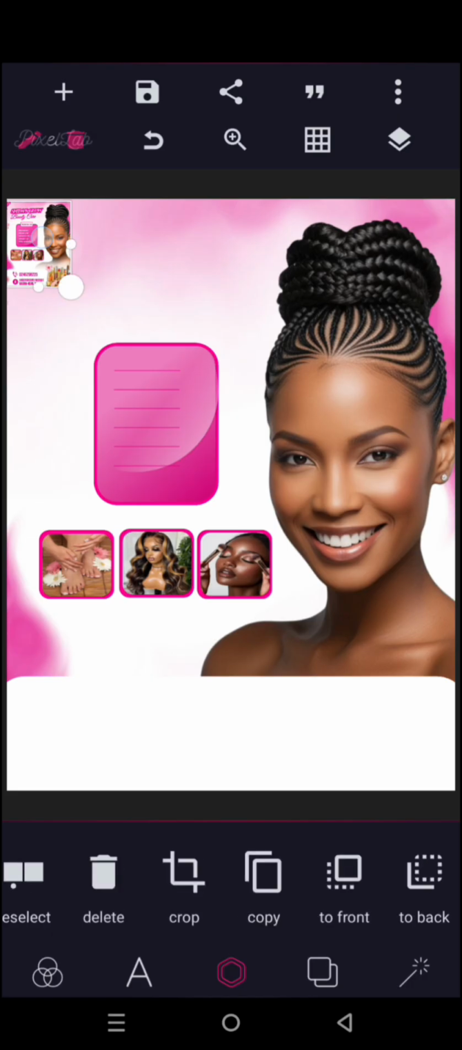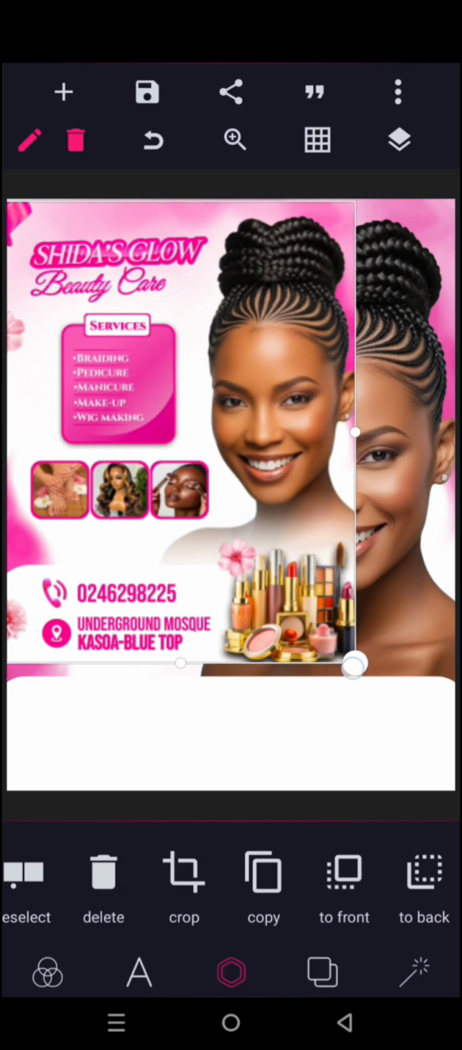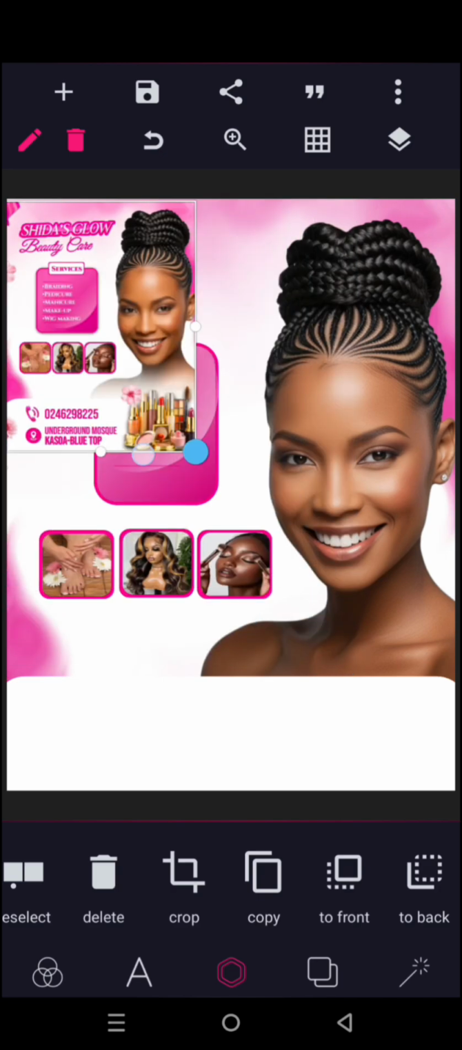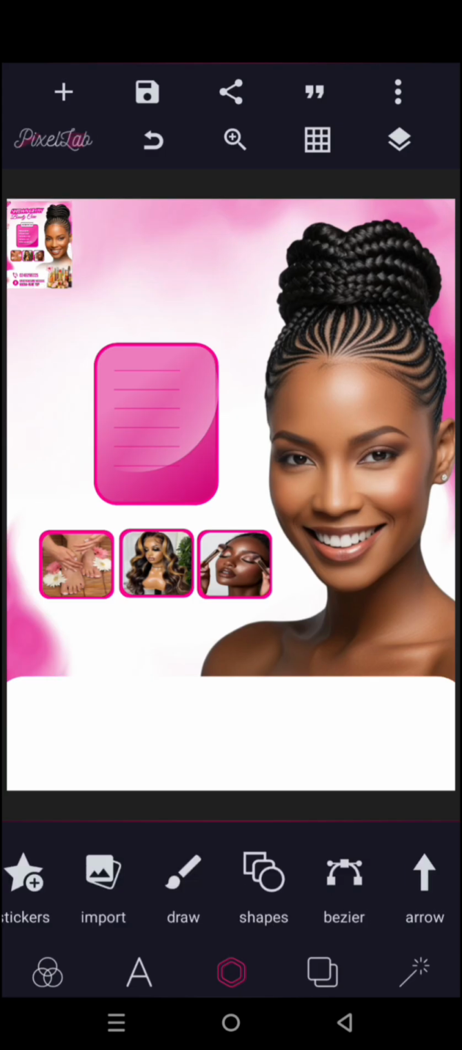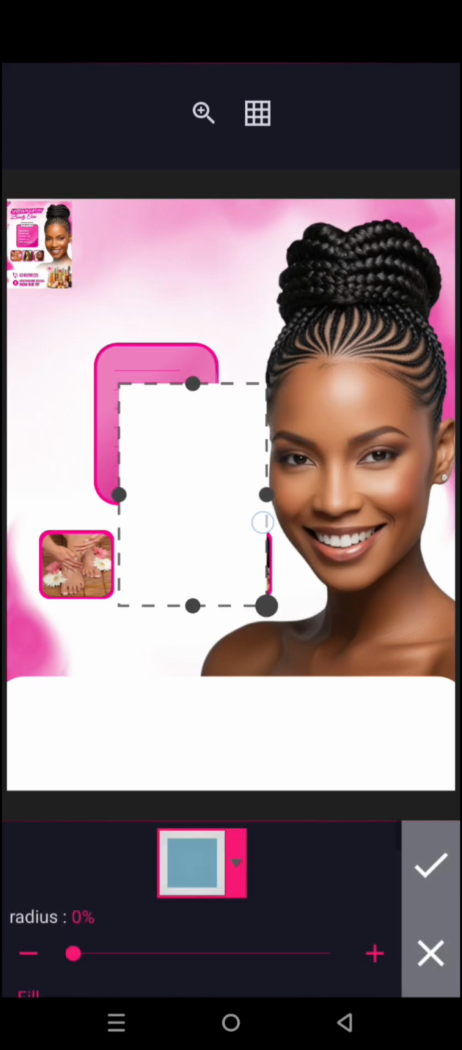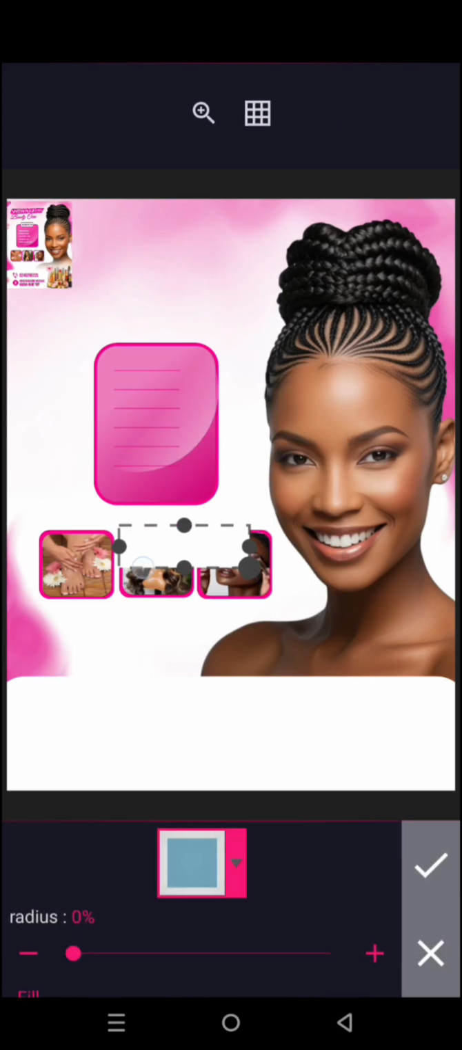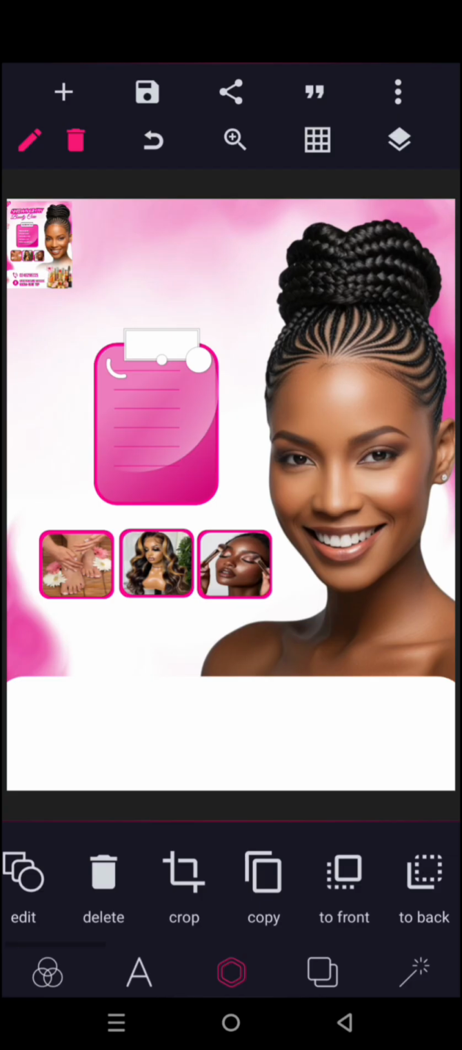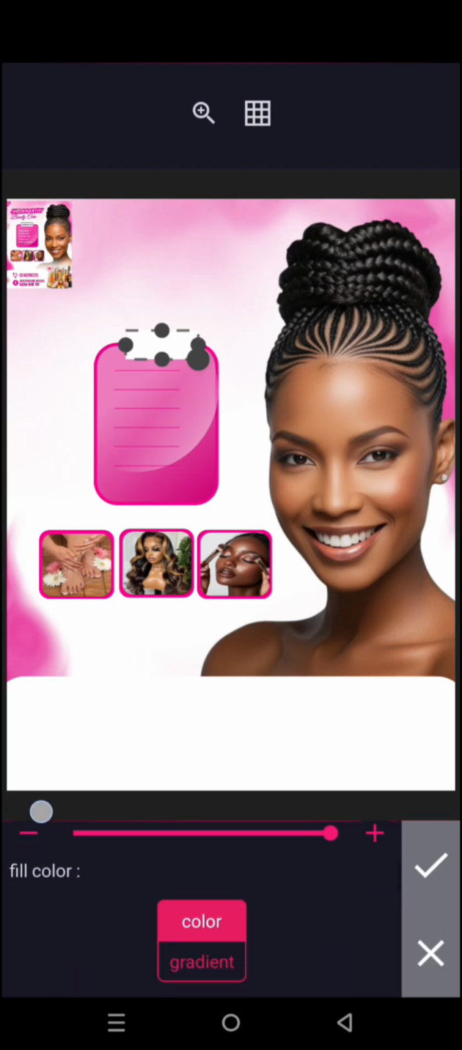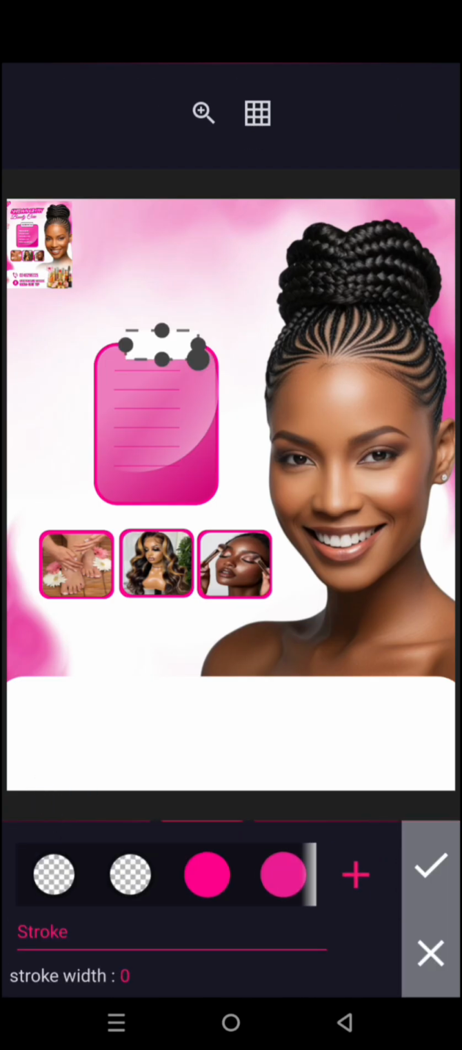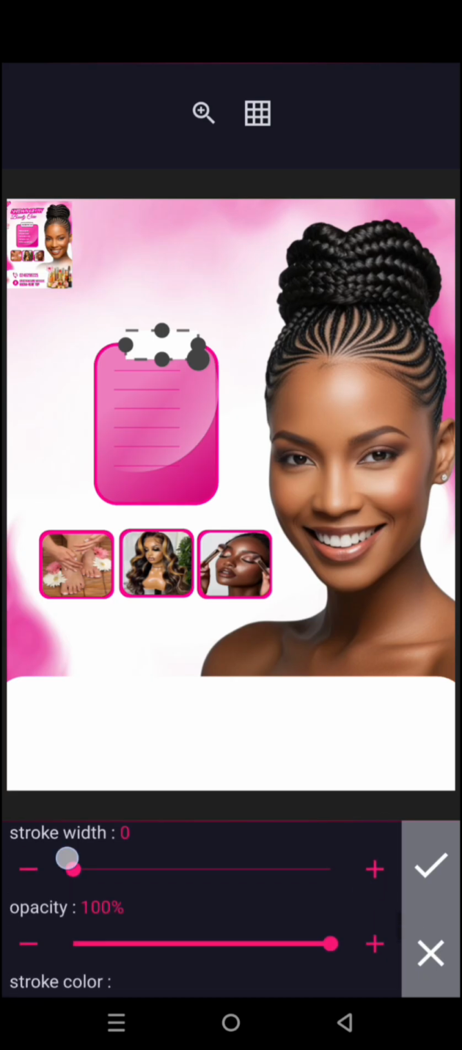So let's just bring in the services, the written one will be on. So we can just bring in shapes, make it very small in order for it to be here. So you can give it the color you want. So we can maintain the white and then give it a stroke of about